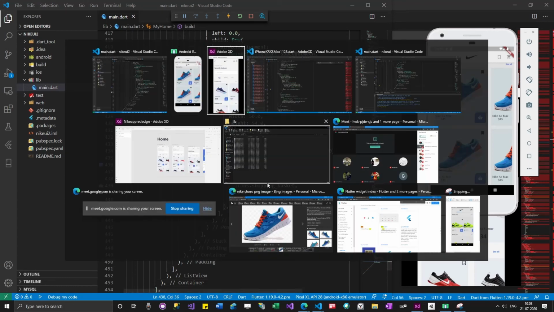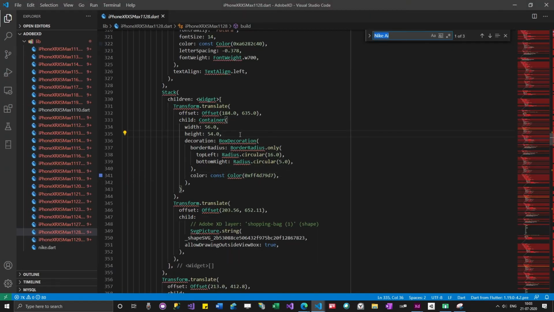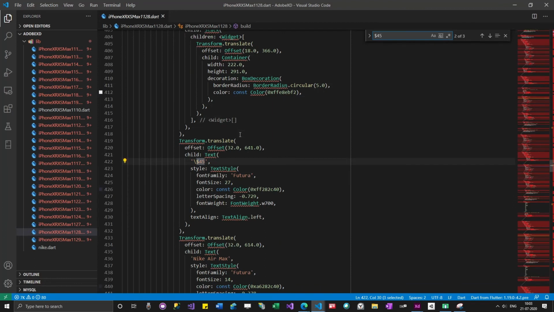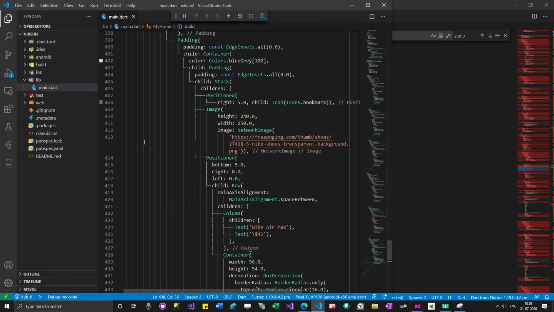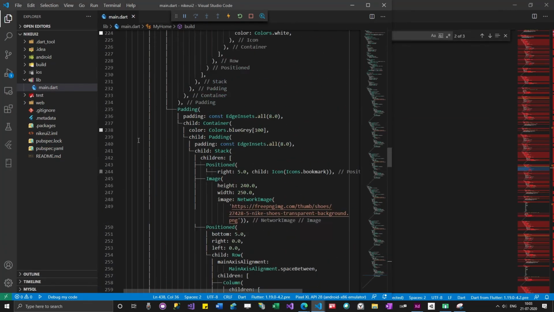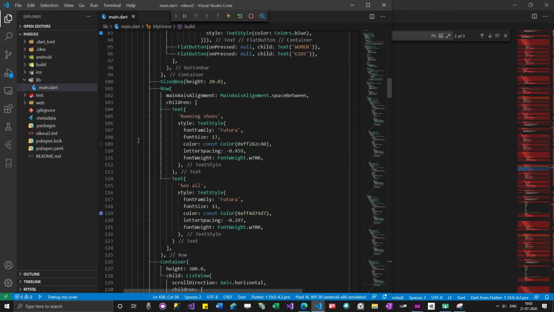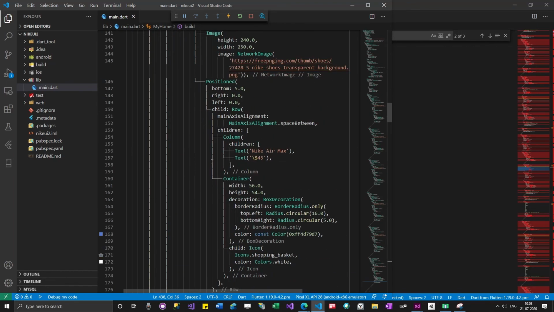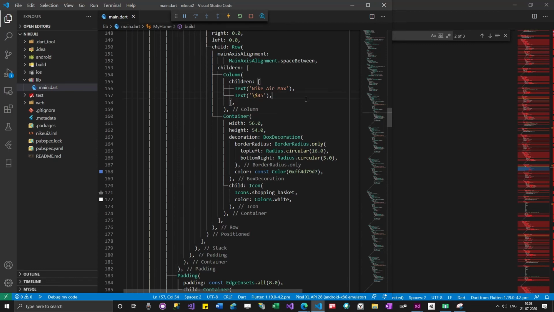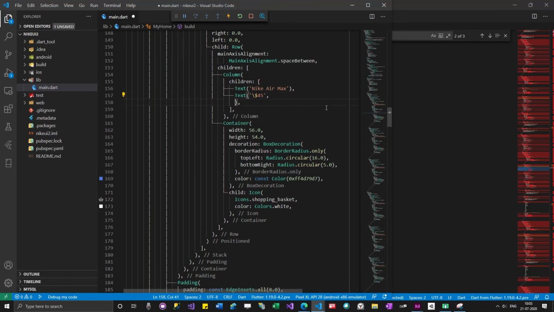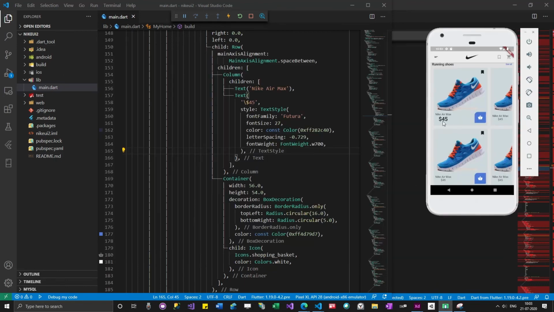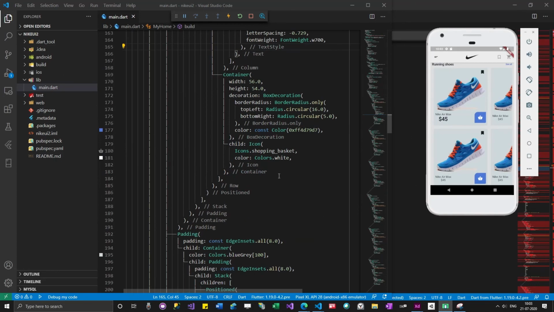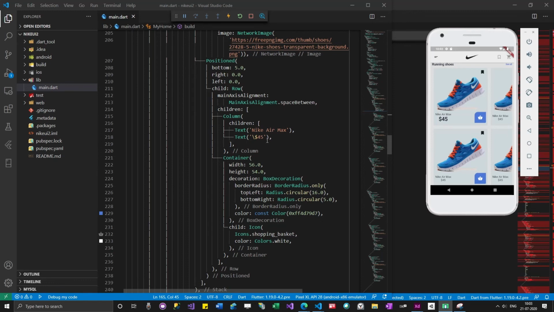Let me search it. So here is the $45 and this is the style. So I can just go here. Let me add here also.